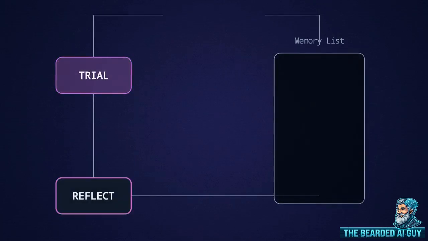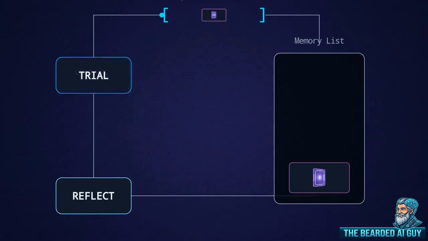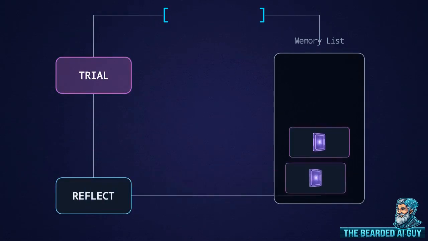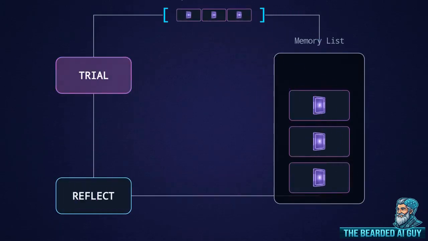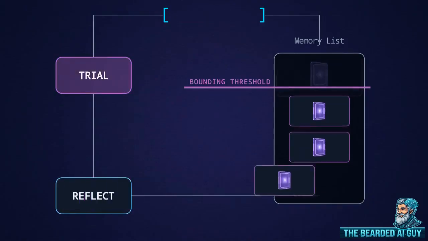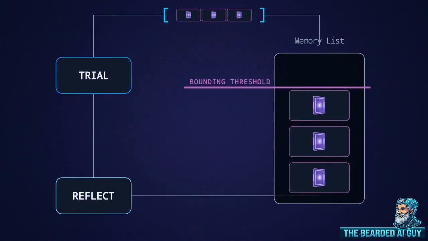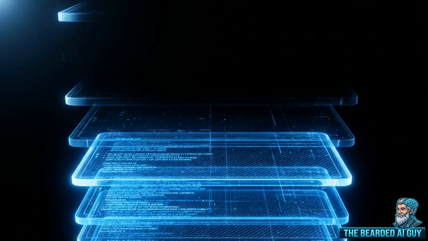tasks. When a trial fails, the system reads the failure logs, generates a concise verbal lesson about what went wrong, and appends it to a memory list. On the very next try, the agent prepends the prior lessons directly into the new prompt with a specific memory tag. The architectural secret is rigorous bounding. The updater strictly truncates that context to only the last 3 reflections. Effective runtime learning for a frozen model relies on replaying explicitly bounded lessons to sidestep the trap of infinite context